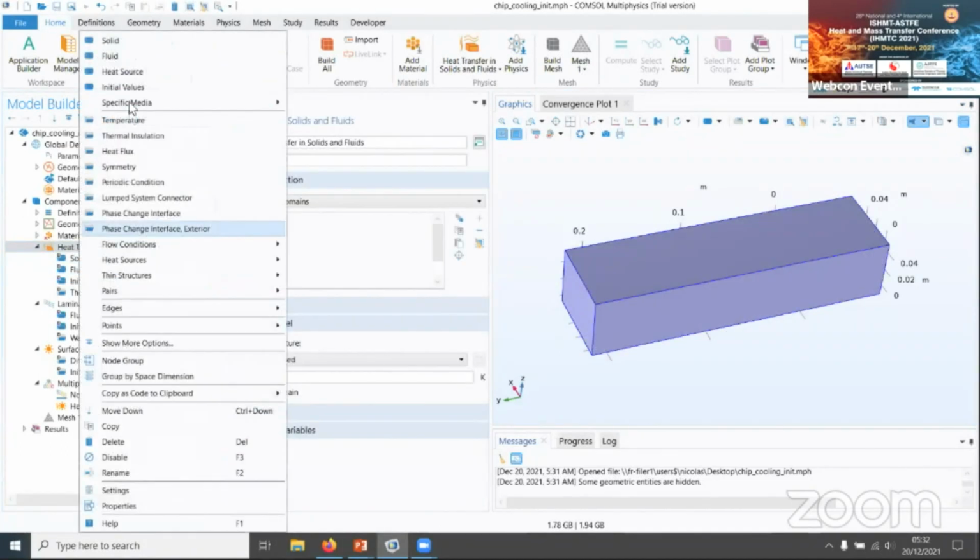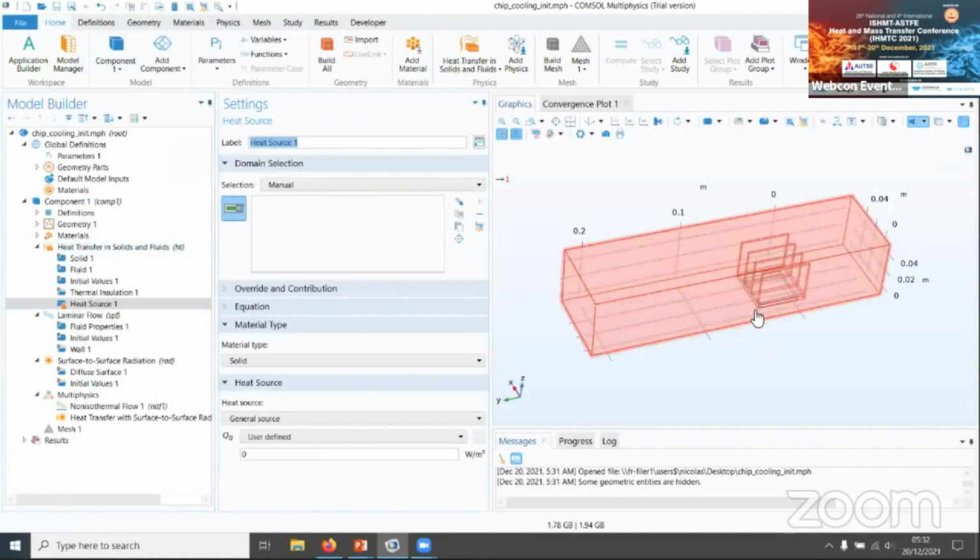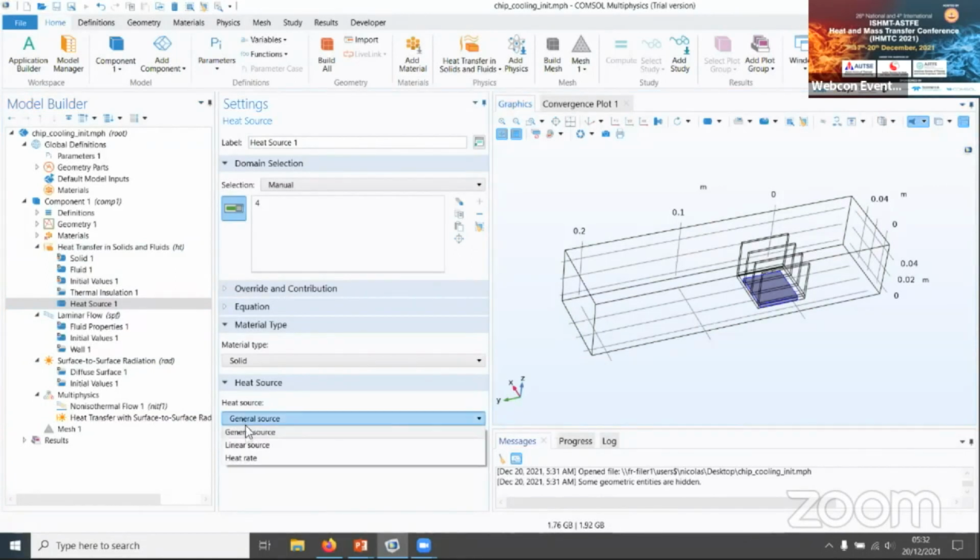Of course, I want to define a heat source, which is available here. That's for the chip. It is available here, and I just have to type either heat source in watt per cubic meter or heat rate. I say that it's 10 watt for the whole chip, and let Comsol decide what is the density.